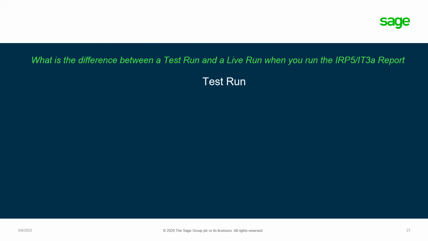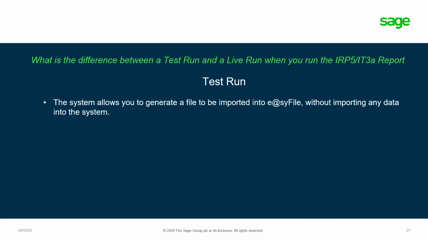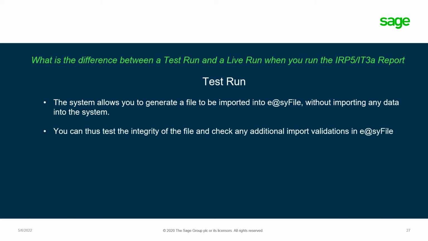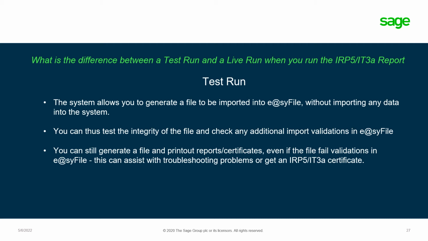What is the difference between a test run and a live one when you run the IRP5 IT3 report? The test run allows you to generate a file and import it into EasyFile without importing any data into the system. You can test the integrity of the file and check for any additional import validations in EasyFile. You can still generate a file and print out reports and certificates, even if it failed the validation in EasyFile. This can assist in troubleshooting problems or to get an IRP5 or IT3A certificate. You can